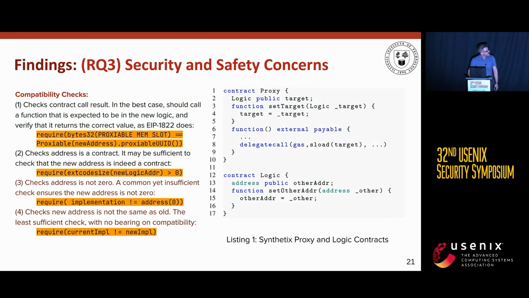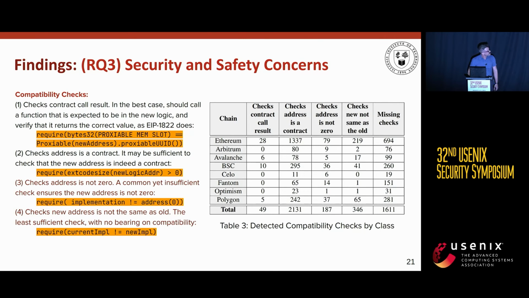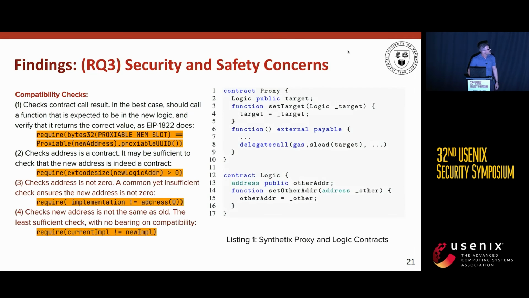I kind of wanted to stick on that slide for a second because you might also notice that there are a whole bunch of smart contracts in our data set which had no compatibility checks whatsoever, just kind of counting on the developer knowing what they're doing. And so I'll show you one example from a prominent DeFi protocol, Synthetix, and you might look at this set target function and say, well, it looks like the target contract has to be this logic type contract,